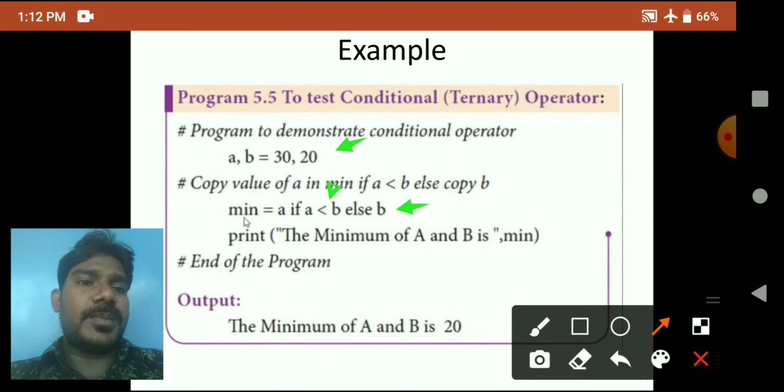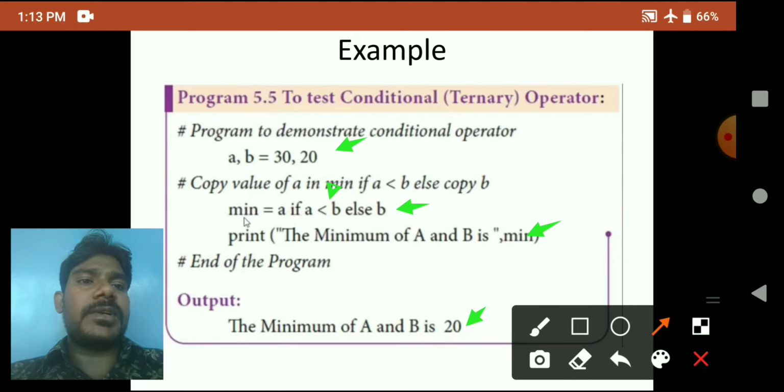Next, in the print function itself: print the minimum of a and b is, what is the minimum value? The minimum value is 20. That will be stored in the minimum variable. So now displaying the result: the minimum of a and b is 20, that is the result of that particular condition.